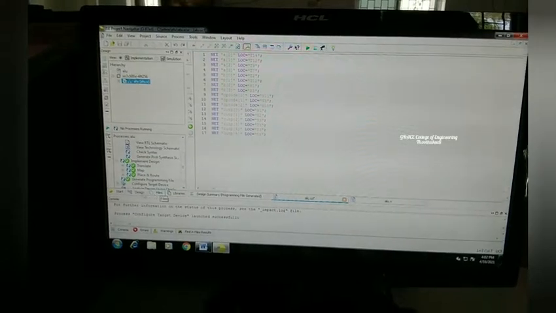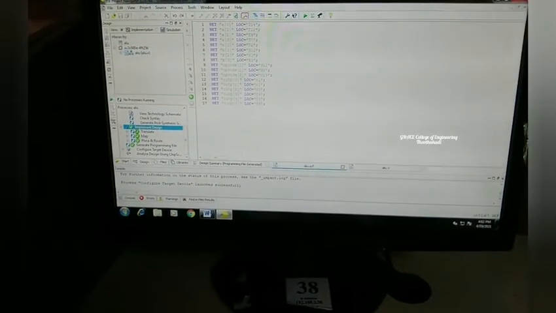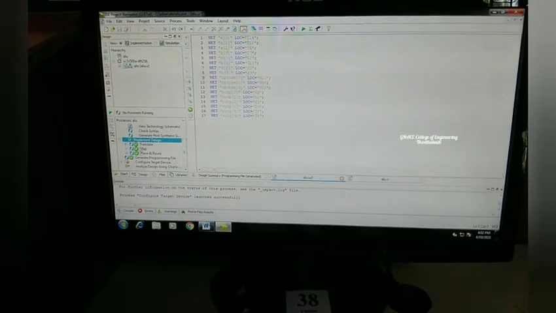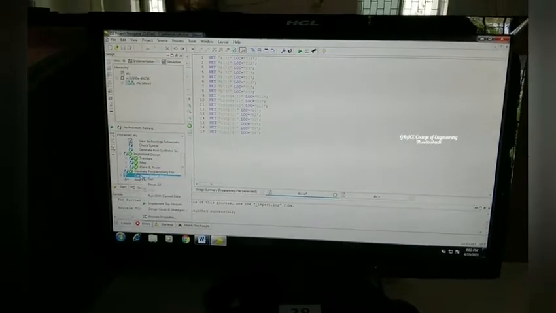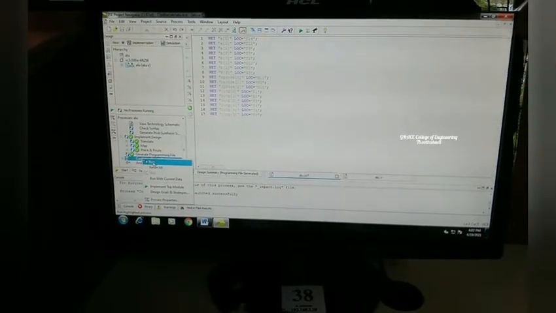Once we assign the pins, we have to save it. After that, in the design window you have to highlight that ALU file, and in our process window you have to run Implement Design while highlighting the ALU, which I have already done here. Once you get the green tick mark, we are ready to implement. After that, click Configure Target Device, right click, and choose Run.